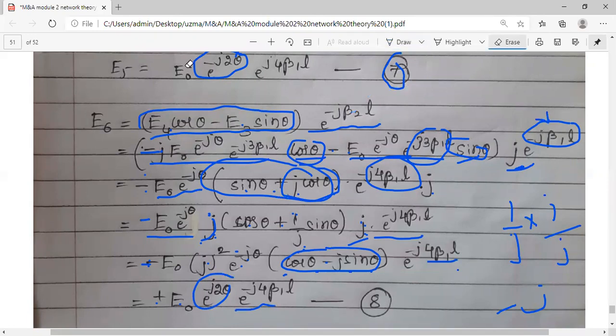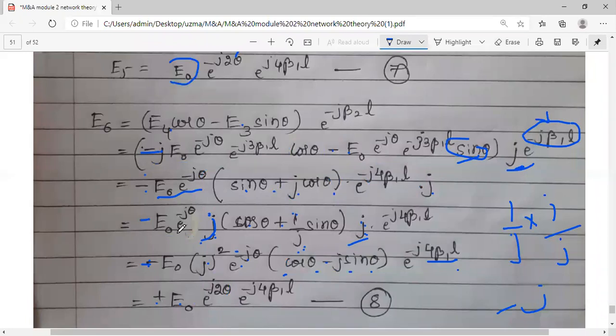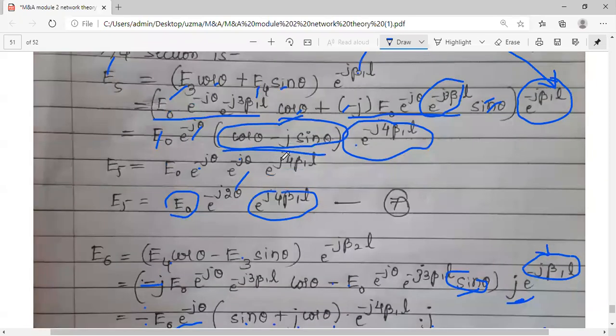So equations 7 and 8 are your horizontal and vertical components which are coming out after the third plate, after your last plate which is having the length L. Observe here, what is the amplitude? Both are E naught. Check, it is the same. I have forgotten to write a negative sign. Sorry, add it. Both are negative.